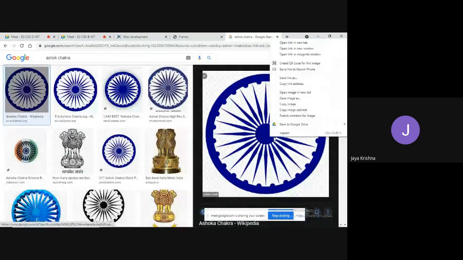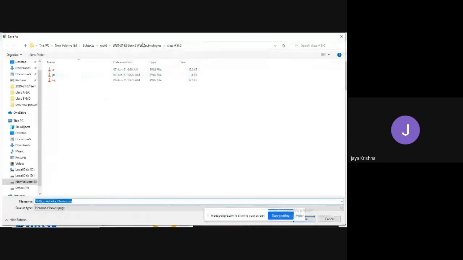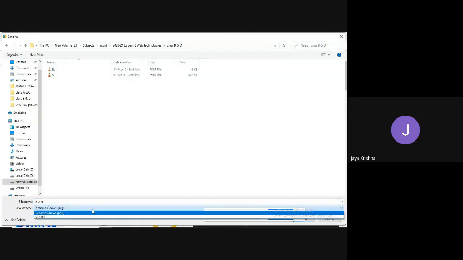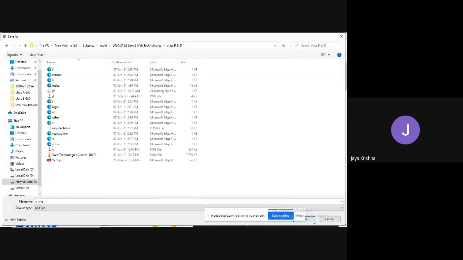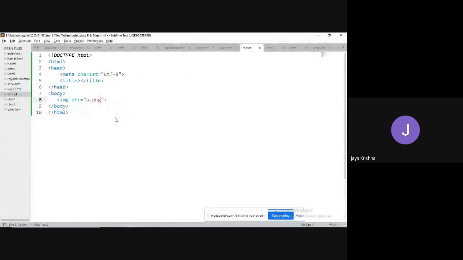Image source equal to a.png. I can set width equal to 400, height equal to 400.